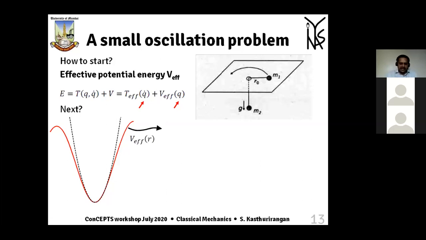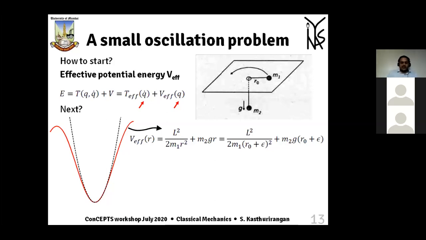In this case, the effective potential energy is basically the centrifugal barrier term plus the gravitational potential energy acting on the mass M2. The centrifugal barrier prevents M1 from coming closer. Gravity is pulling M2 downwards. And these two are balanced when M1 is revolving in this plane, so that M2 remains stationary. You perturb it slightly, and they both move. It is like a merry-go-round kind of thing. This one moves in and out and the other one moves up and down.